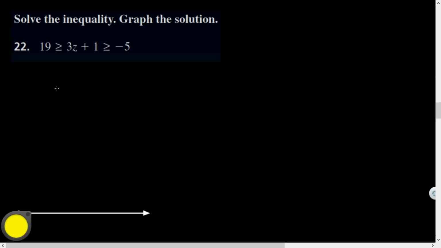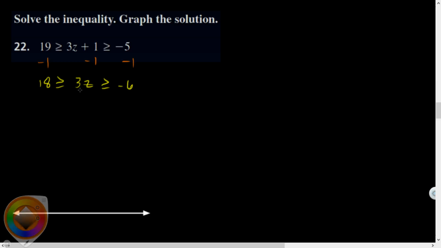Okay. Remember this? Sometimes we had compound inequalities, like this would be an AND problem where our variable is in between two numbers. To solve this, normally I would have just subtracted 1 from both sides, but there are 3 sides today, so I'm going to subtract 1 from all 3 sides. Seems only fair that it is equitable. So 18 is greater than or equal to 3z is greater than or equal to -6. Let's divide. I would divide by 3 to get z by itself, and we're going to do that to all 3 sides. So I get 6 greater than or equal to z is